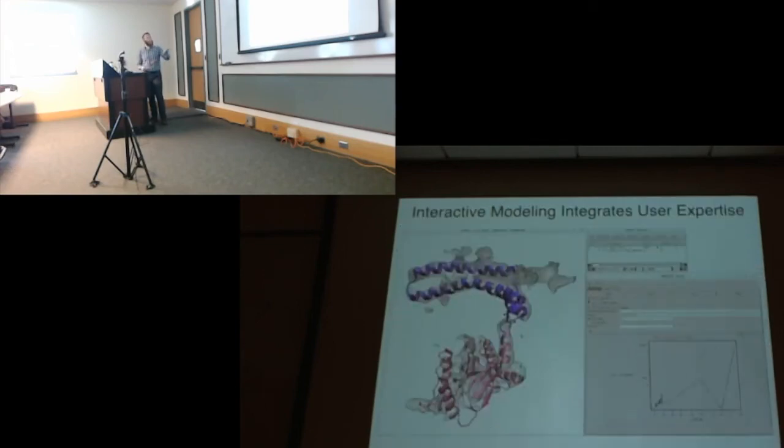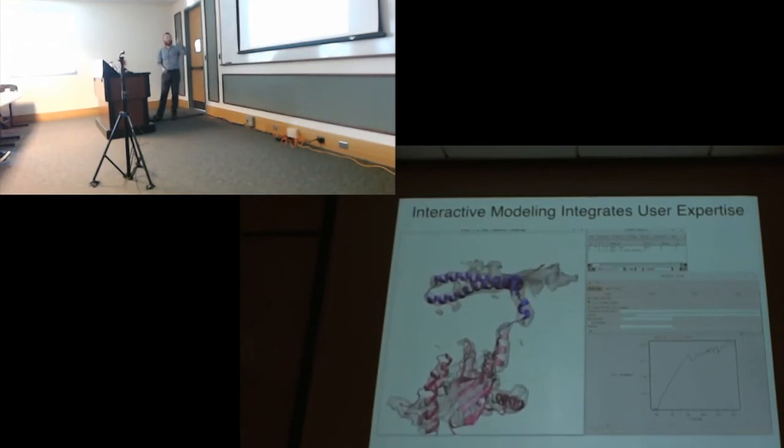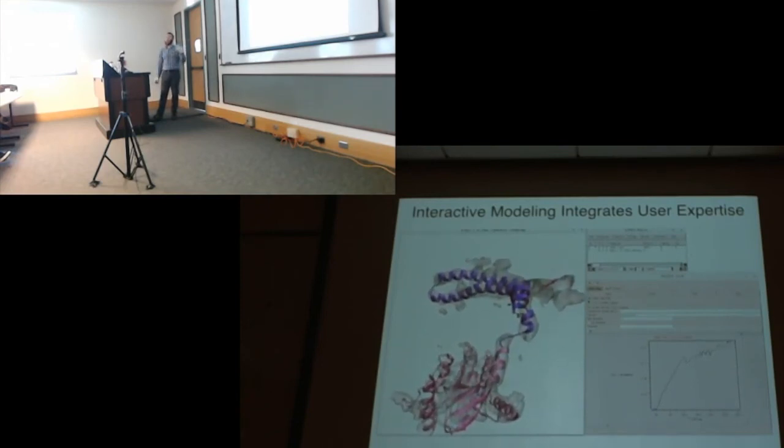And this is an example of doing just that. You can use your own expertise as a modeler on your specific system, where you might know a lot of structural details intuitively. So you could just help the simulation along by saying, all right, I know this helix needs to go in that piece of density, so I'm just going to help it out and drag it